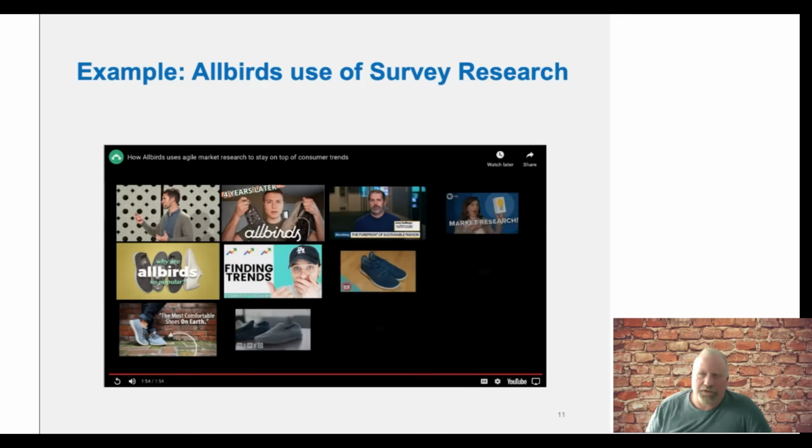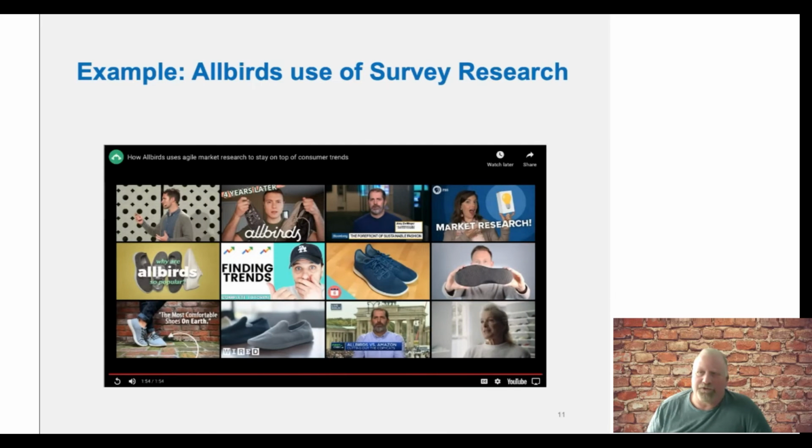All right. So that's a little bit about how Allbirds uses it. You can see that Allbirds uses it to track information and also to look at how their brand is doing over time, as well as to get perceptions on releasing new products into the marketplace. They talked about many of the things that we just talked about and how they use the information to make these decisions. So it's an incredibly important area for them. Okay, so let's